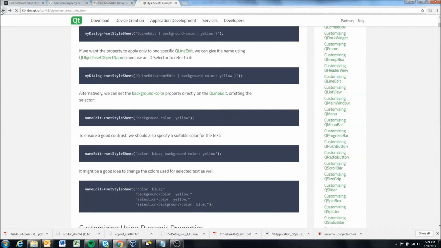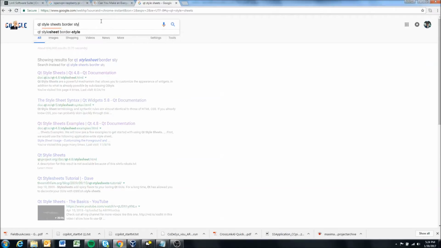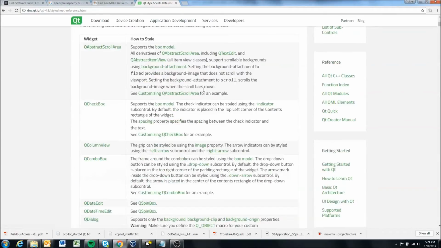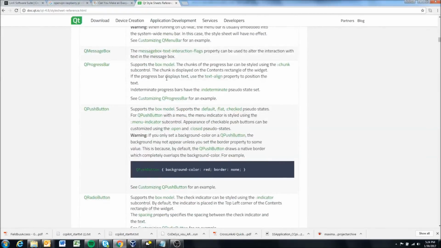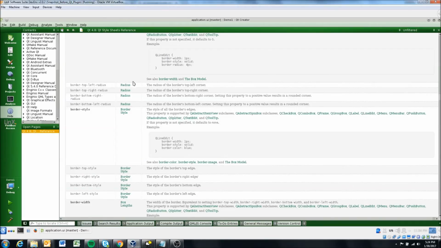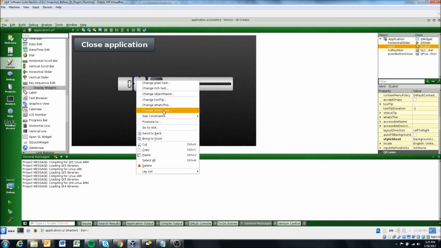You can also search for Qt style sheets border style, I believe. I don't know exactly which one we're looking for here, but yeah, you can find a lot of information online. Again, though, it's also based on CSS. So in this case, I'm not going to use the solid one, but I'm going to use a border style called outset. So we can come back to our edit text here, come back into our user interface,